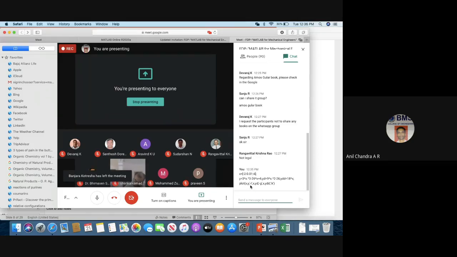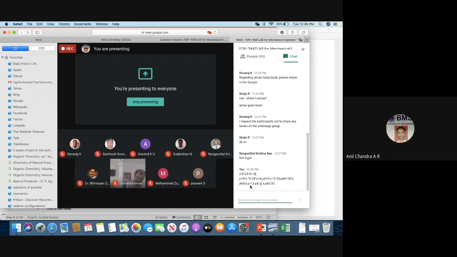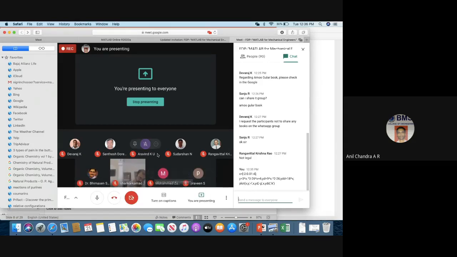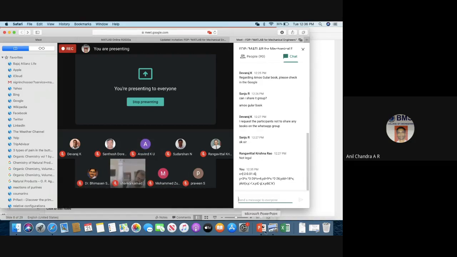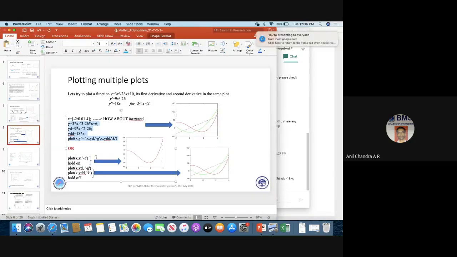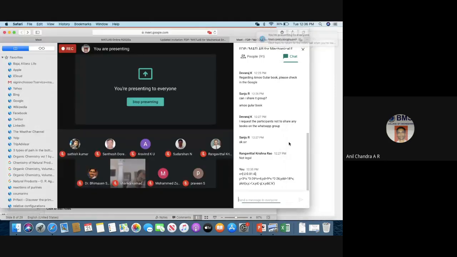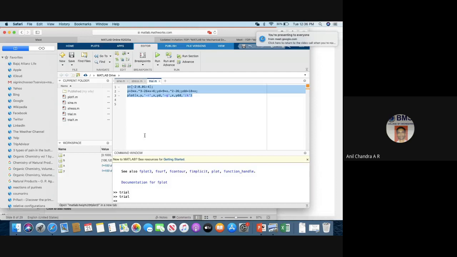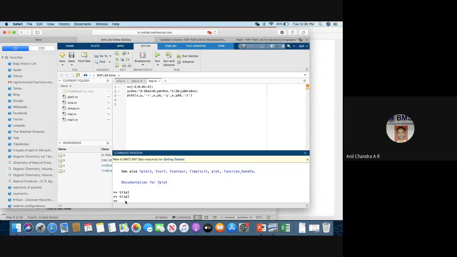You can explore various options of plotting and see how it works for you. In the meanwhile, I'll continue with the exercise. So I have plotted it here. If I just want to clear the command window, I will use the command clc.